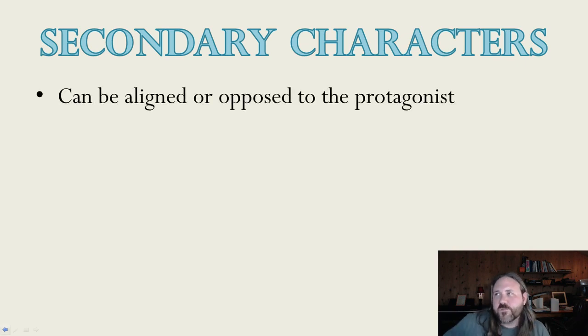So secondary characters, these are characters that don't directly affect the goals of the plot. They are acting within the plot, they're actors in the plot, but they don't necessarily have their own goals that are specific to the plot, right? Their goals are not really part of the story. You might have a secondary character who's a peasant. Obviously, he wants to grow crops and sell them, but he acts when he comes in contact with one of the antagonists or the protagonist, and either helps or harms him or helps to further the plot in some way. But his goals are not really part of the story itself.